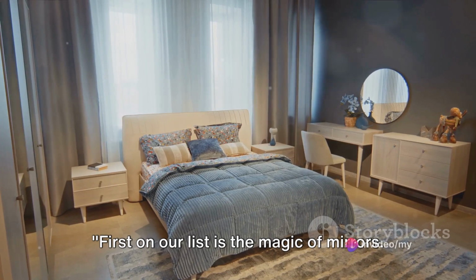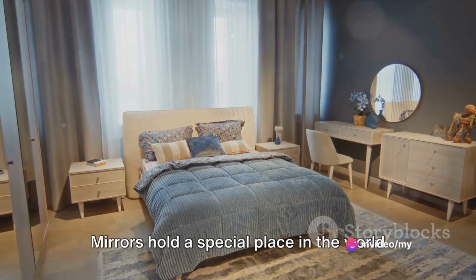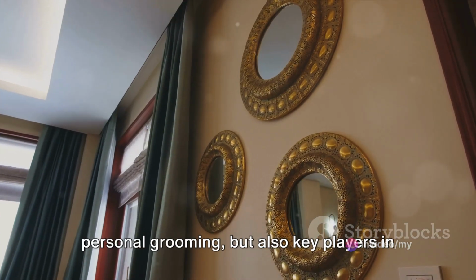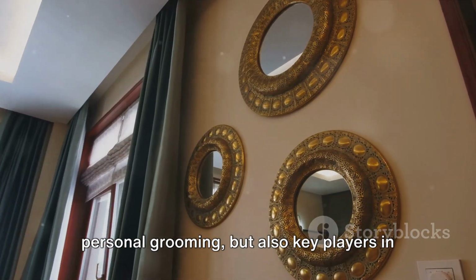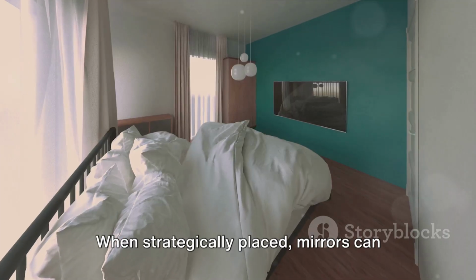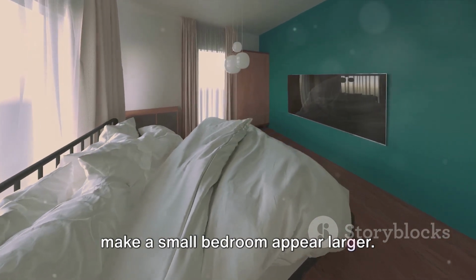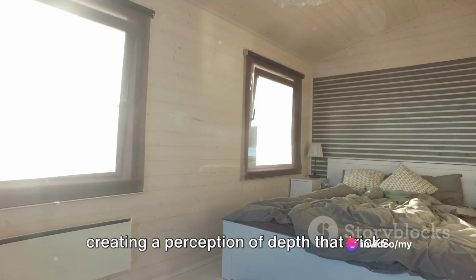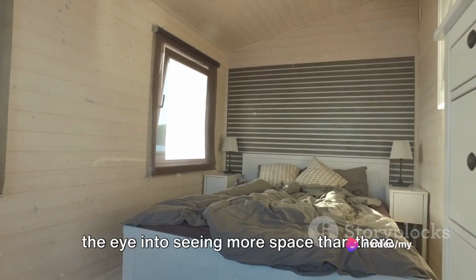First on our list is the magic of mirrors. Mirrors hold a special place in the world of interior design. They're not just functional items for personal grooming, but also key players in the art of illusion. When strategically placed, mirrors can make a small bedroom appear larger. They reflect light and the room itself, creating a perception of depth that tricks the eye into seeing more space